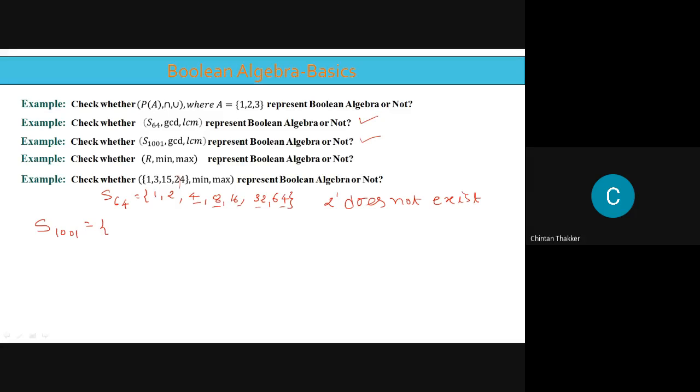See the 7, I don't remember the method for divisibility by 7, but I know the rule for divisibility by 11. The divisibility by 11 we check with odd places and even places. So here the odd places sum is 1, the even places sum is also 1. Then we take the subtraction of these two sums. If the subtraction is 0 or 11, then the number is divisible by 11. So here the subtraction is 0, so that means it is divisible by 11 also.